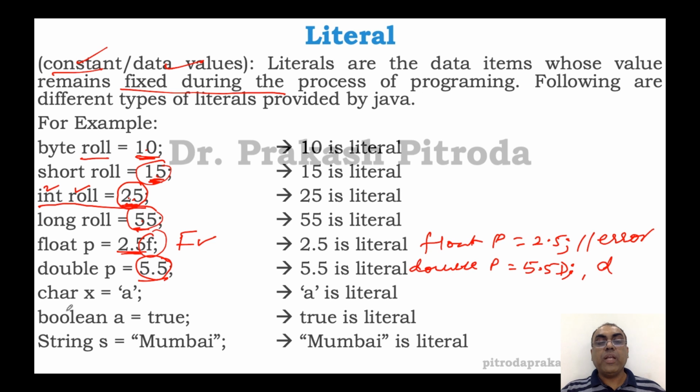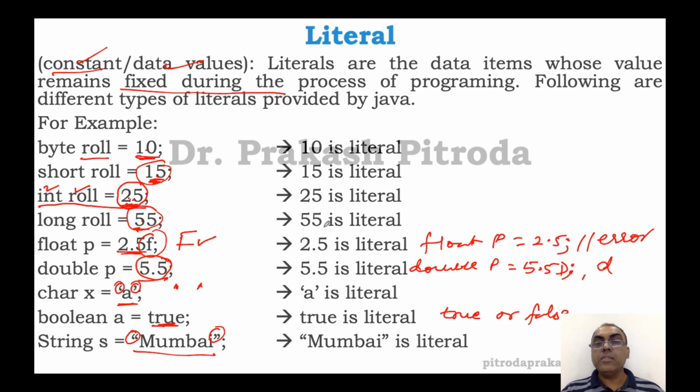Now, in the same way, if I want to declare a character as a literal, then the character must be surrounded by single quotes. It has to be only one character. It cannot be anything other than one. Even if you want a space, it can be a space like this. There has to be a space in between which should be visibly seen. When I want to declare a boolean value, I can declare either true or false. Only two values are allowed, true or false. No other values are allowed. And if you're taking a string, you can write however many characters as long as they are in a pair of double quotes. Whereas for a character it is a single quote.